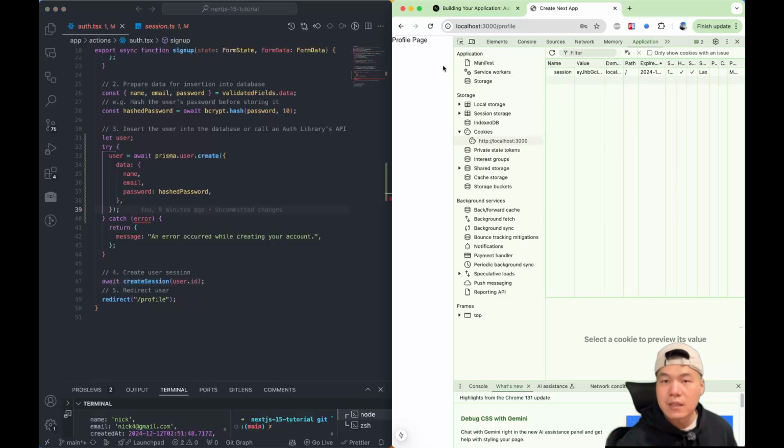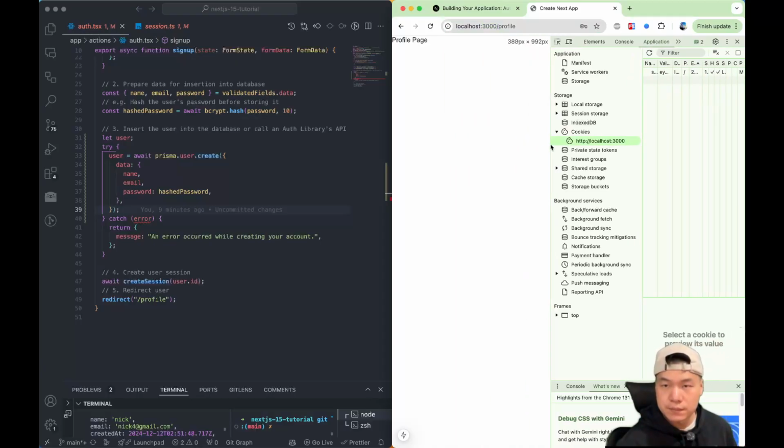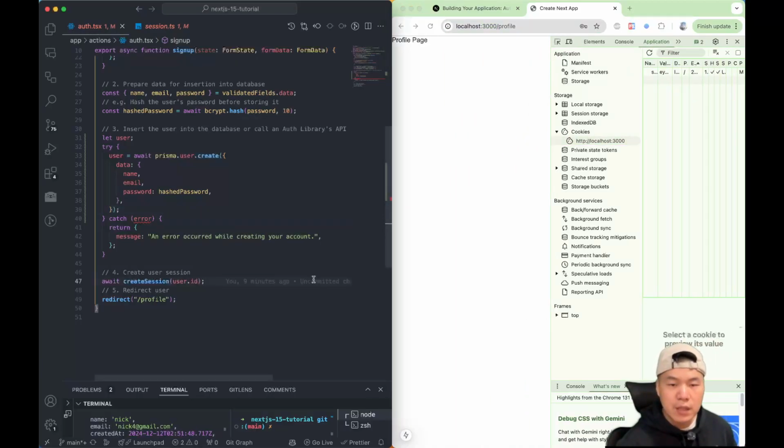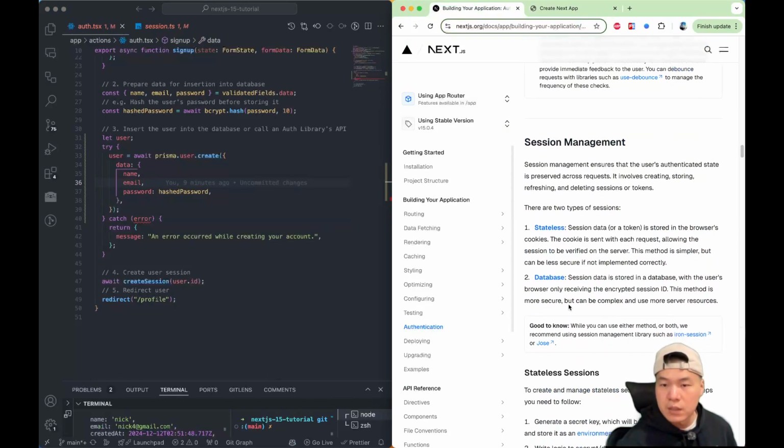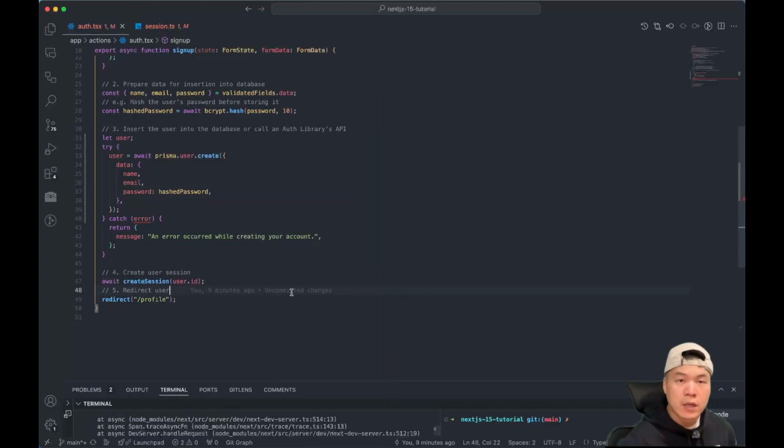So that's one way to do it. Every time we make a request, for instance from this domain, the cookies come along with the session in the request header. That's one way to do that. There is another way, we call it a database session. So if we just look at that in my code,